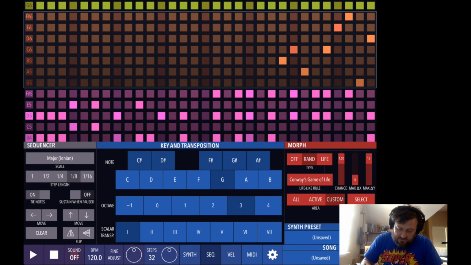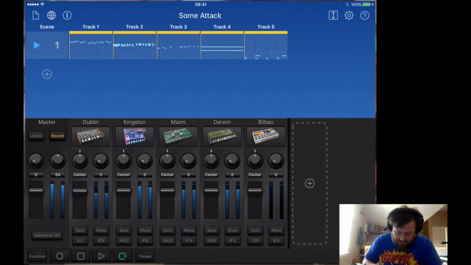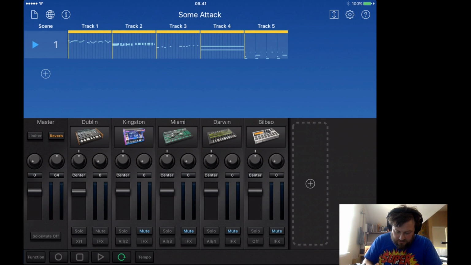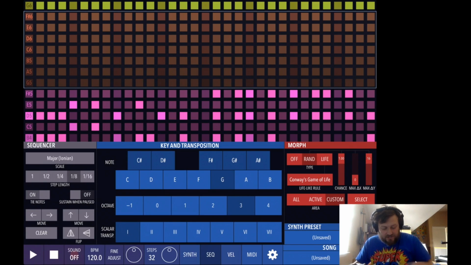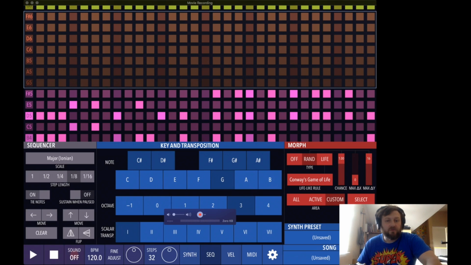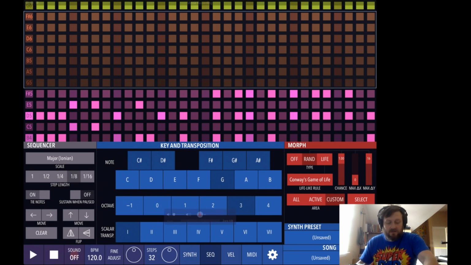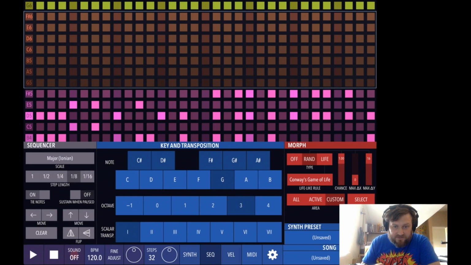And so what I can do is just erase all these notes, and let me go to Gadget and mute everything but the synth. As you can see, I have it set on G major. Under key and transposition, you have G, and over here under sequencer, I have major scale